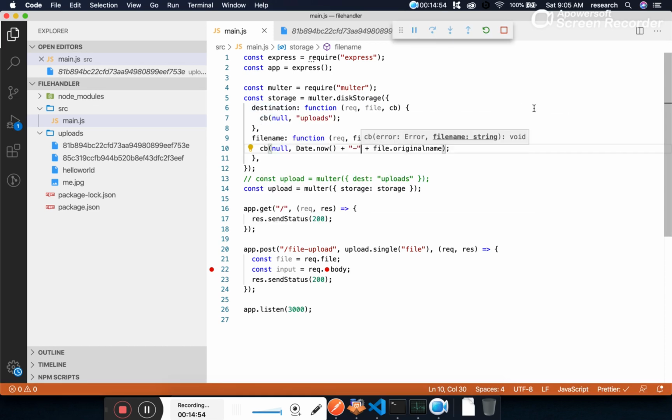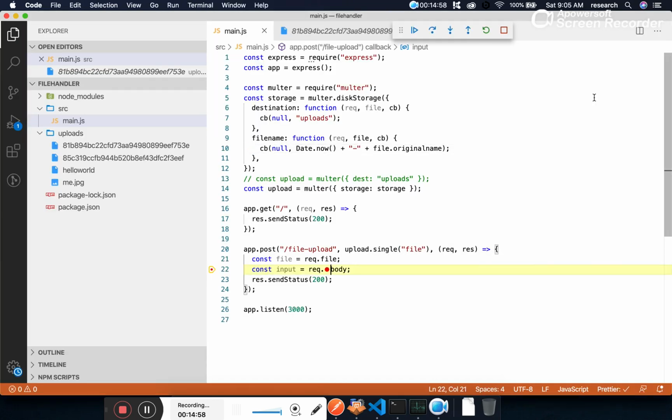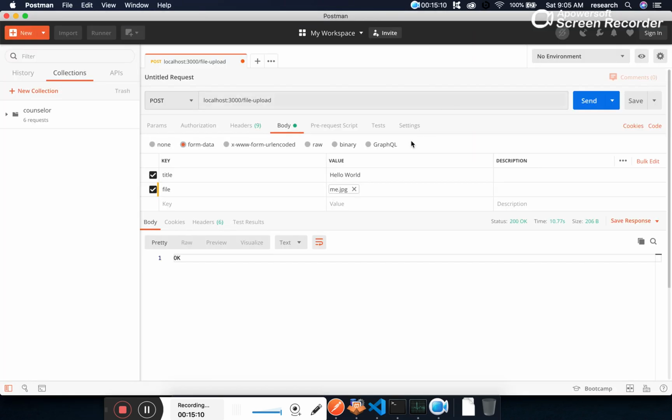Okay, so let's try this one more time. Now what you can see, the file name has been created like this: a unique number dash name. That's our file name.